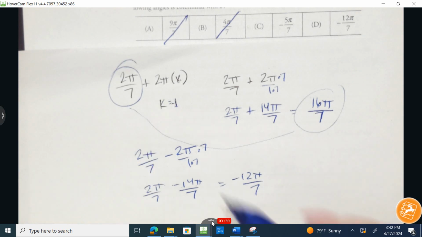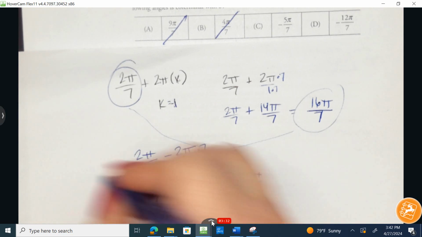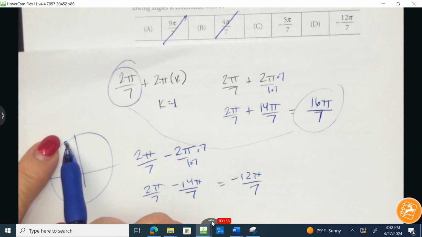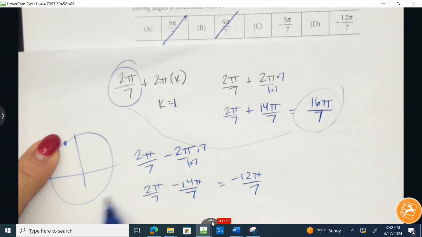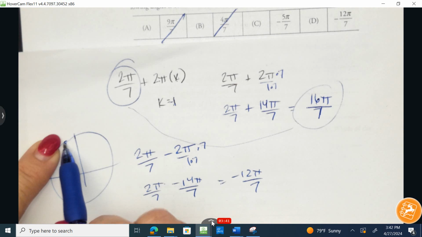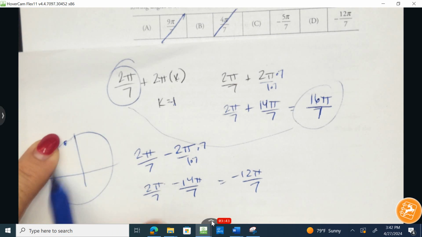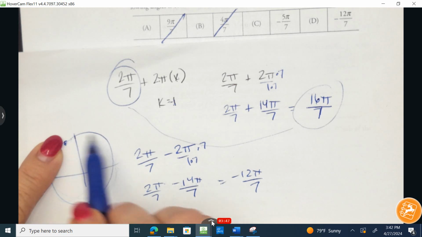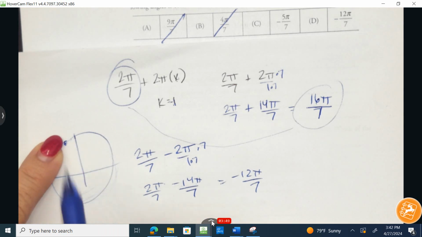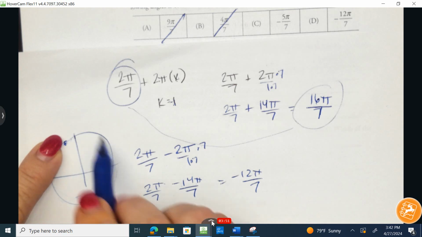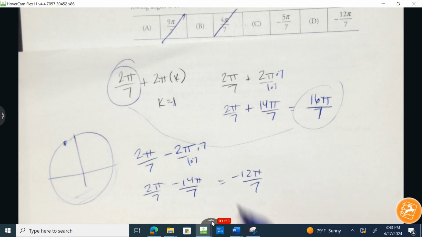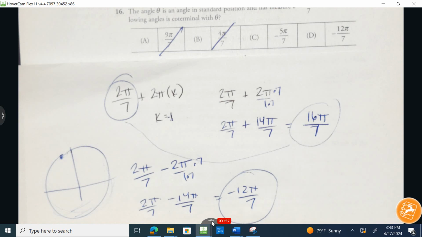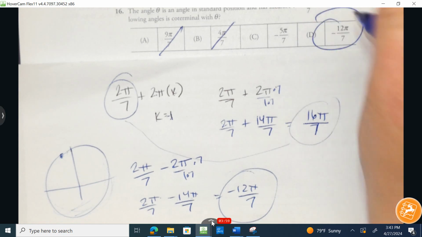So because it's negative, as I demonstrated on that previous one where we used 2 pi over 3, at this point, if we add a 2 pi version that's positive, we're going to go counterclockwise, and if we make it a negative, we'd go opposite of that. Clockwise would be if k is negative, and counterclockwise would be if k was positive. And here we end up with negative 12 pi over 7 when k was negative 1. That is an option. Correct answer is